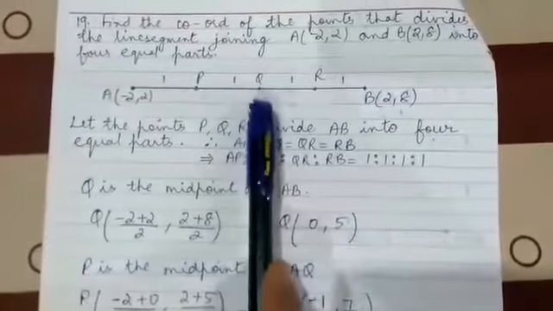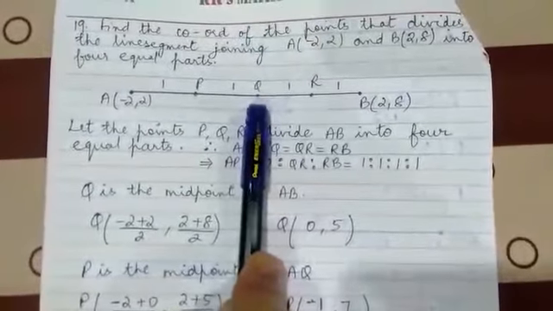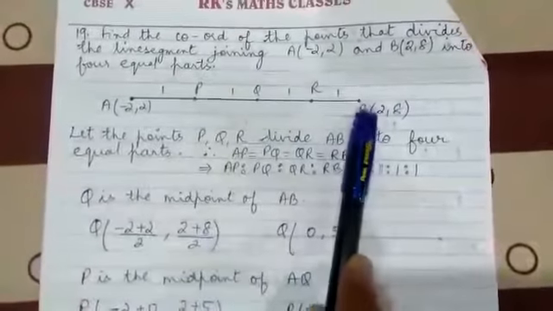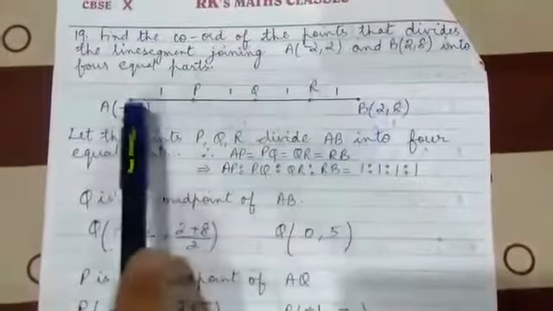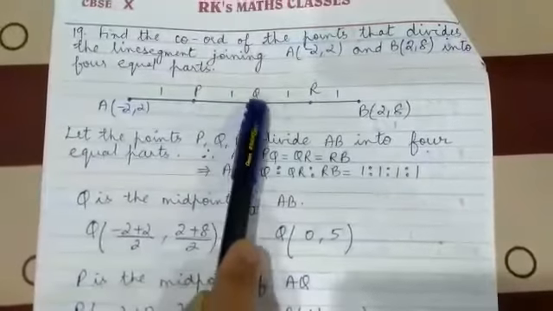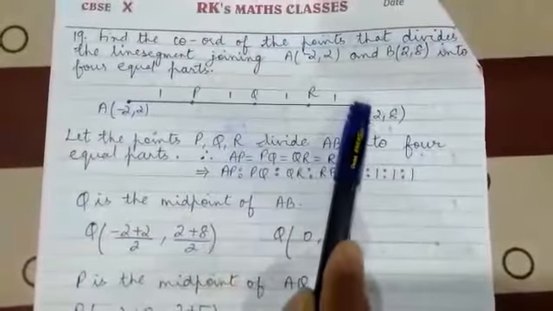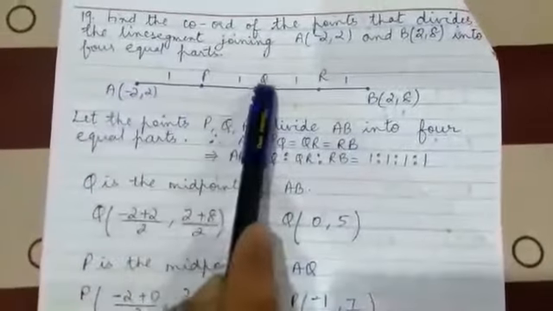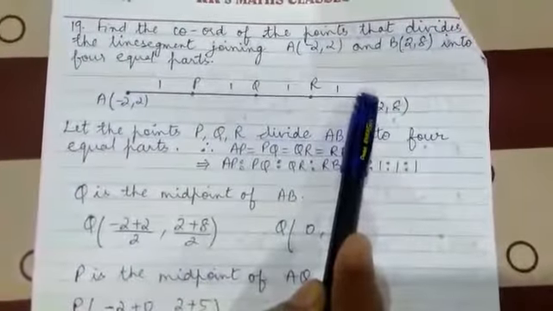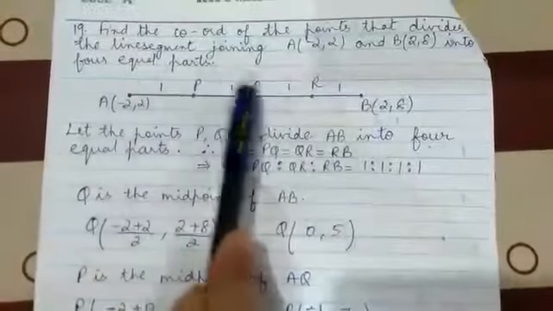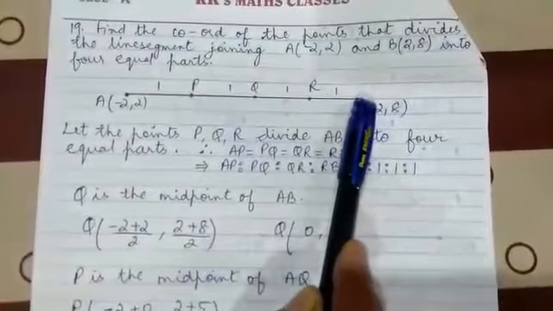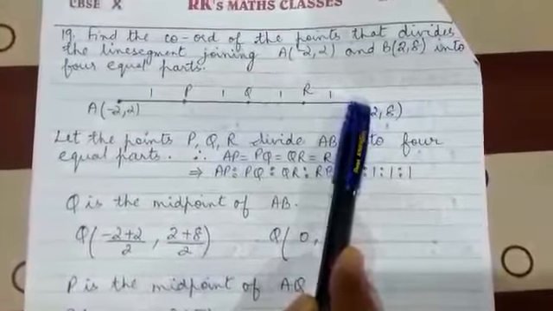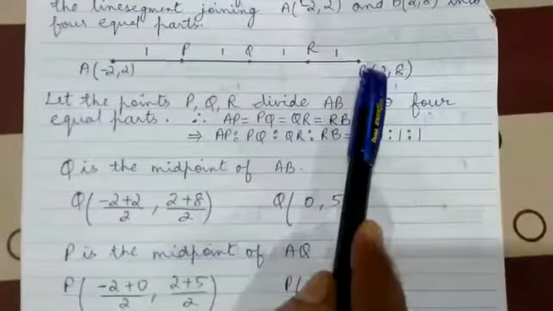First let's find the coordinates of the point Q. Q is the midpoint of the line segment AB. Why? See this? How much is AQ? 2 parts. And what about QB? 2 parts. 1 plus 1, 2. AQ is 2 parts, QB is also 2 parts, which means AQ : QB is 2:2, which is 1:1. Clearly, Q is the midpoint of AB.